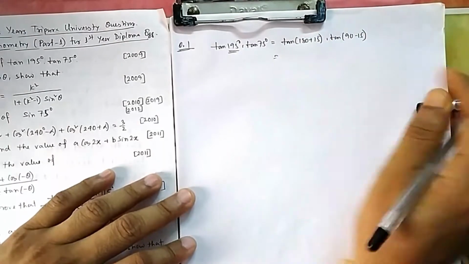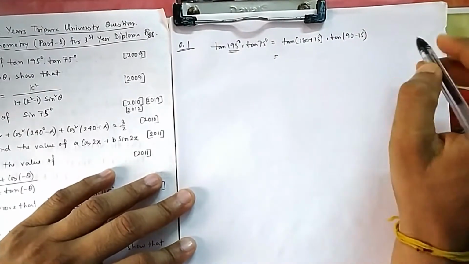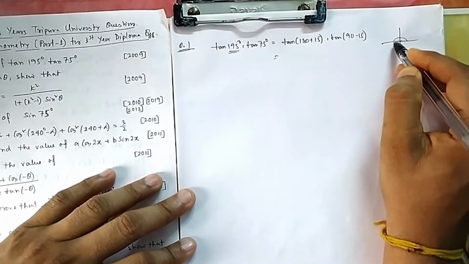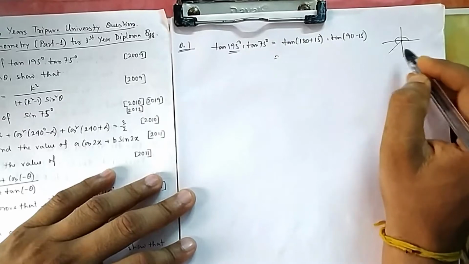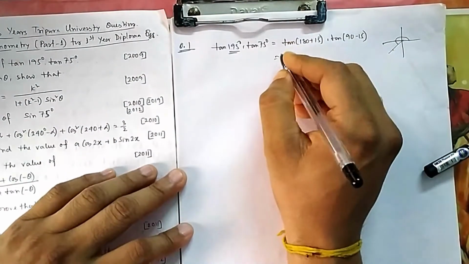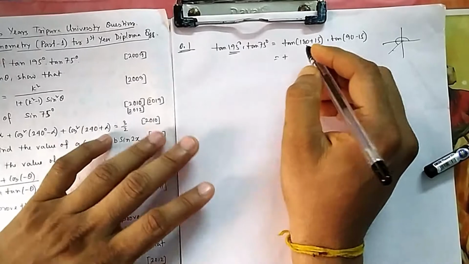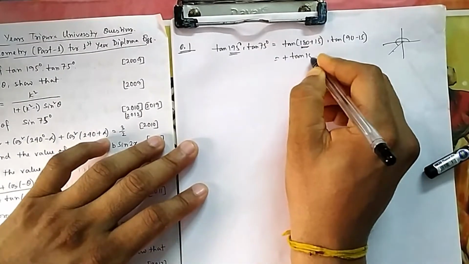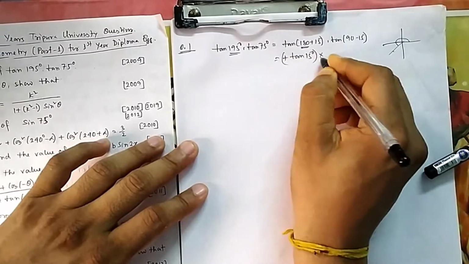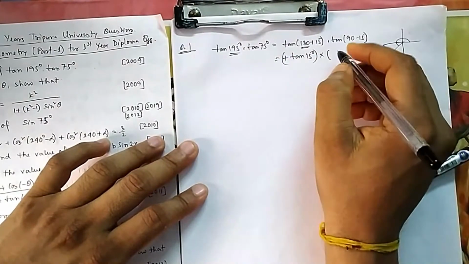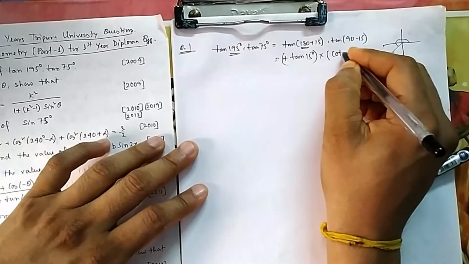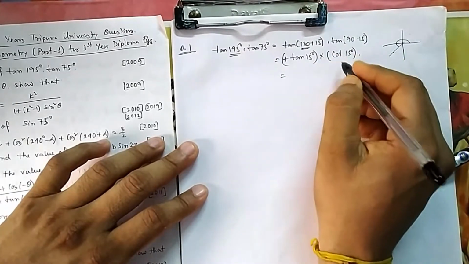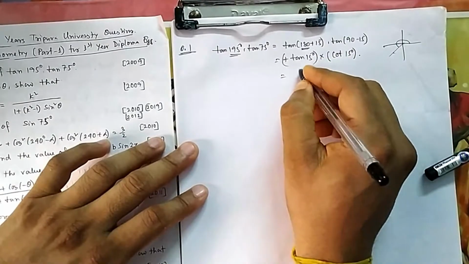So tan 180 plus theta, in which quadrant is it? I told you using that property, from 180 you start 180 plus 15, so it is in the third quadrant. In the third quadrant tan is positive, so mother positive, so child will also be positive, and because it is a horizontal line, there will be no shift, so it will be tan 15 multiplied by tan 90 minus theta. You have already seen, that is cot theta. So cot 15 into tan 15, cot 15 is 1 by tan 15, so tan 15 gets cancelled.